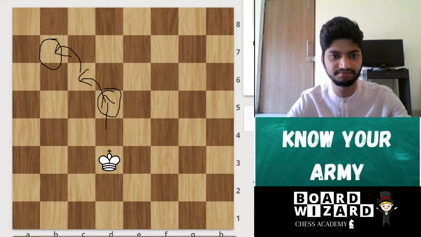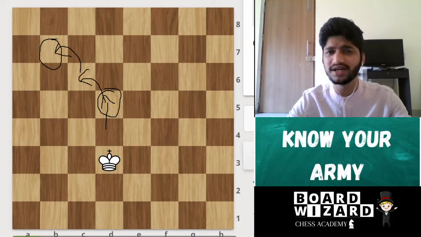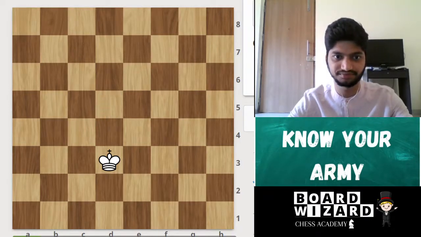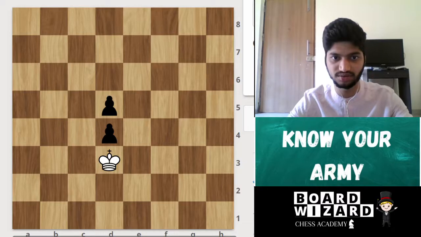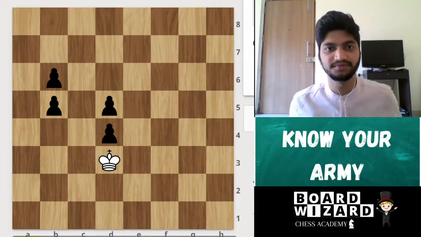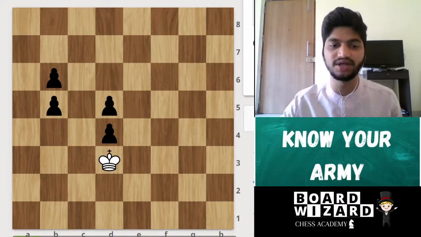So how does he capture? How does he kill other pieces? Let's see that. Let's put an opponent's pawn over here, here, and here, and here. Let's see how the king is killing.